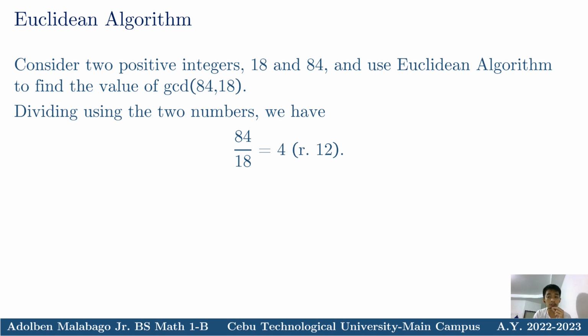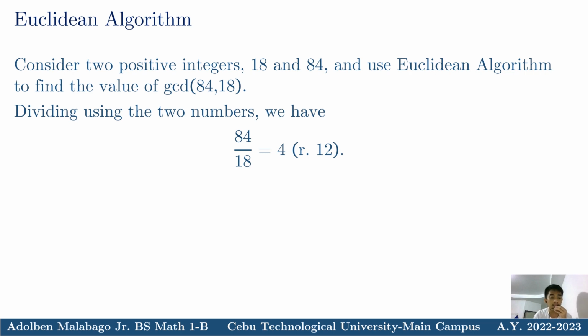So here, the largest number will become the dividend, and the smaller number will become the divisor. And since 84 is larger than 18, 84 will be placed in the numerator here, and 18 will be placed in the denominator. So we have here, again, 84 divided by 18, which equals 4 with a remainder of 12, since 18 times 5 will be more than 84,